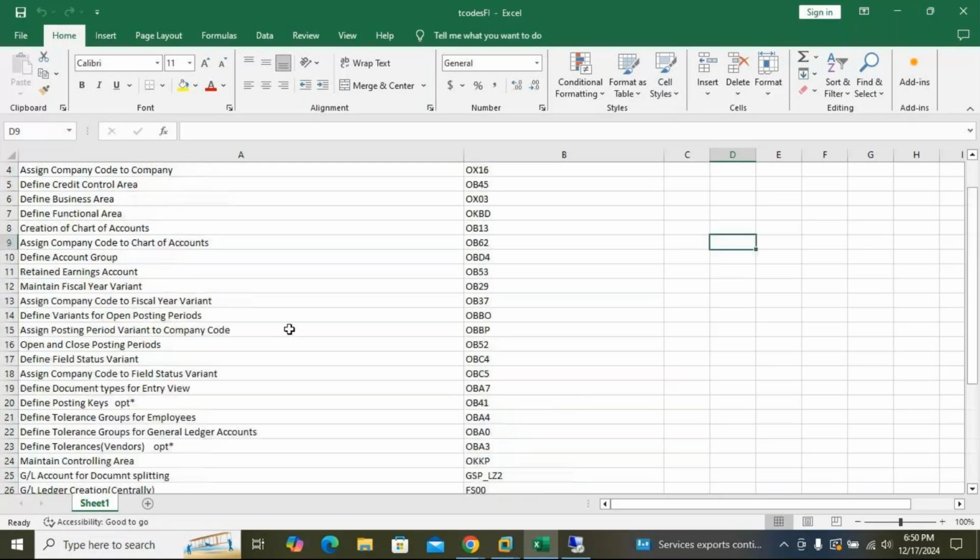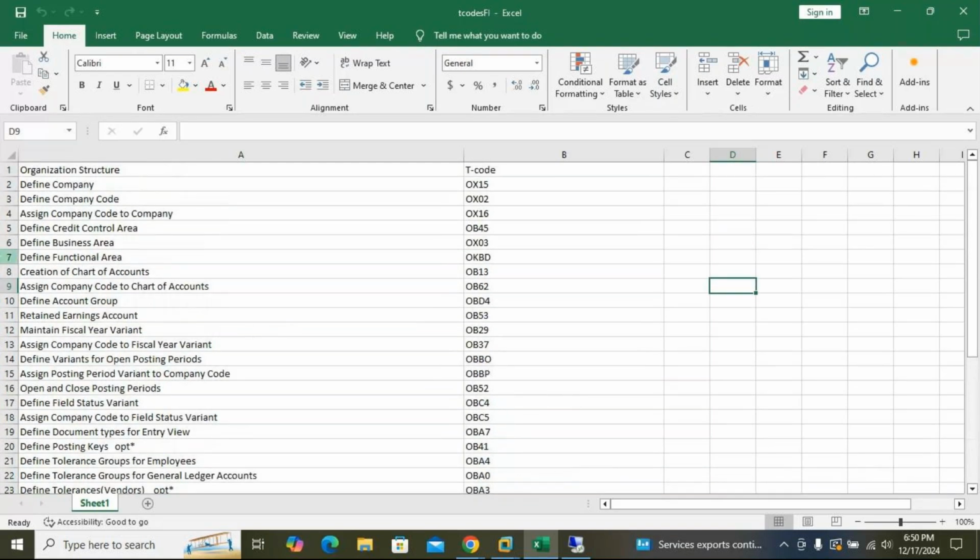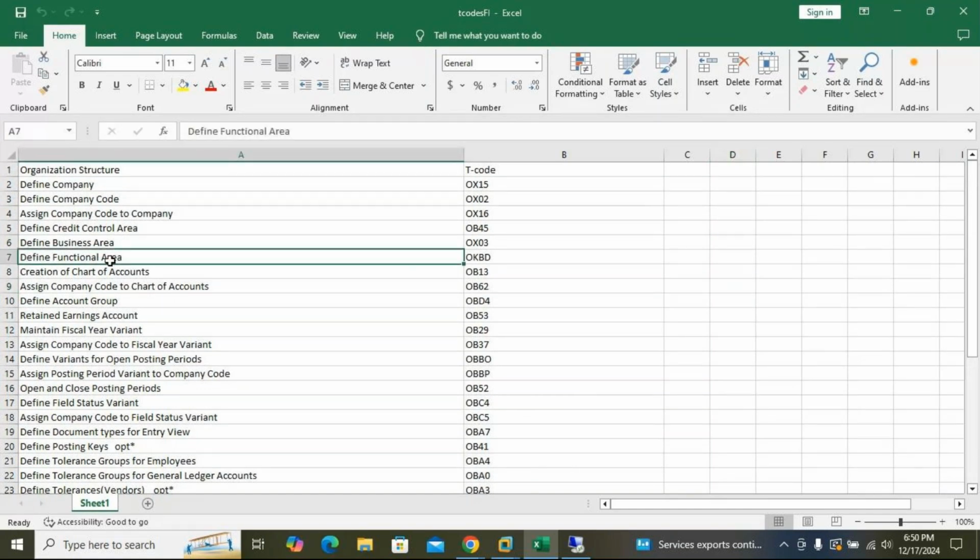So define business area. You need not assign the functional area for this, it is not required, students. This I'm going to change. So here instead of that I'll give some more things.